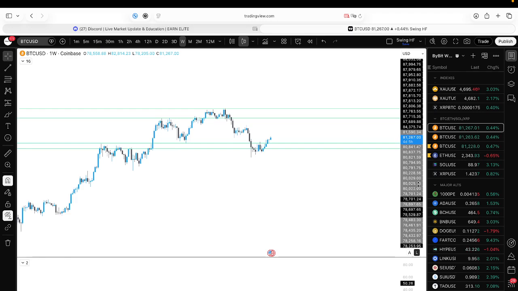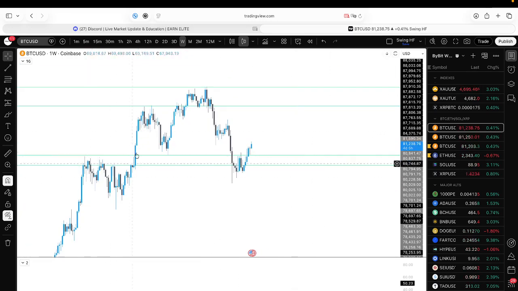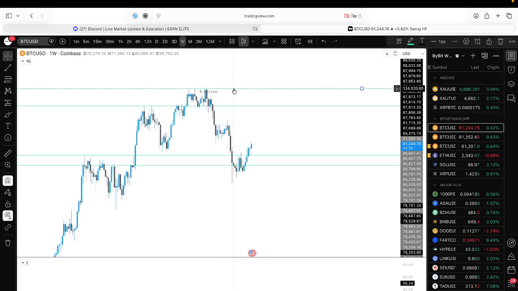Then you can go on the weekly, and you can already see how the price reacted on these levels here. Rejected, down again, pump back here, support, up. Now we have the resistance we had. If we printed the level when we were on this candle here, you can see a sweep of the level